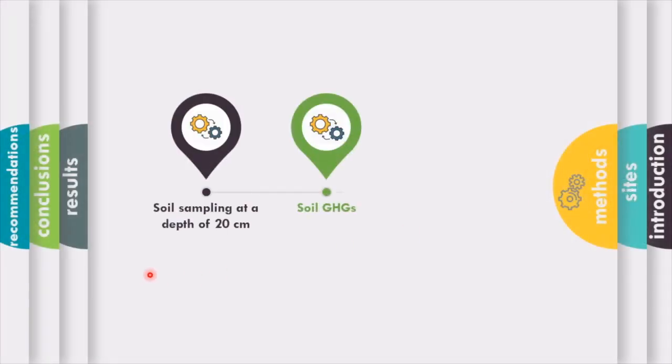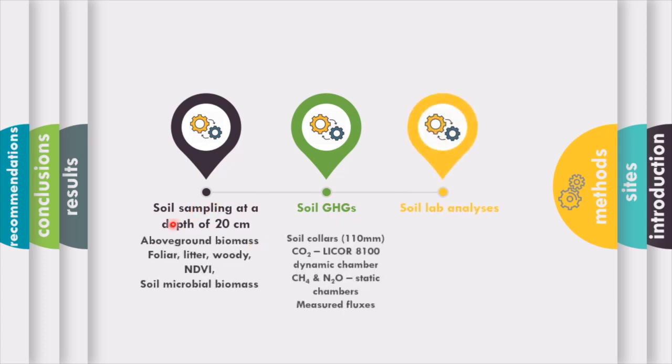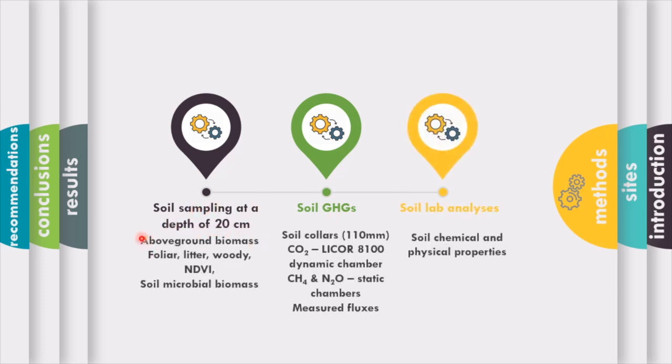So we sampled soils in all these sites at a depth of 20 centimeters and also collected other data: above ground biomass, that is foliar and litter biomass, and also wood biomass, and including microbial biomass from the soils. And for greenhouse gases, we also inserted soil collars,